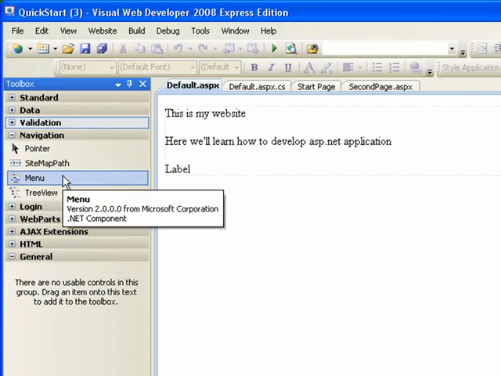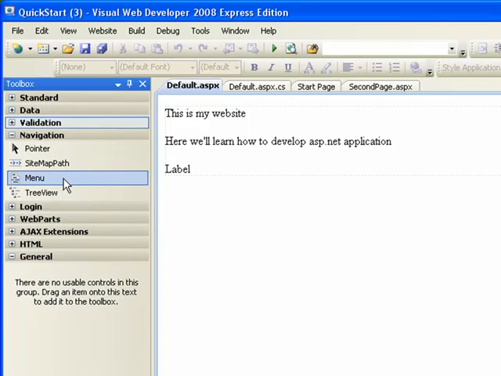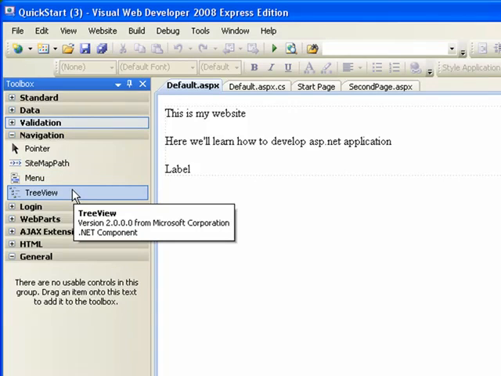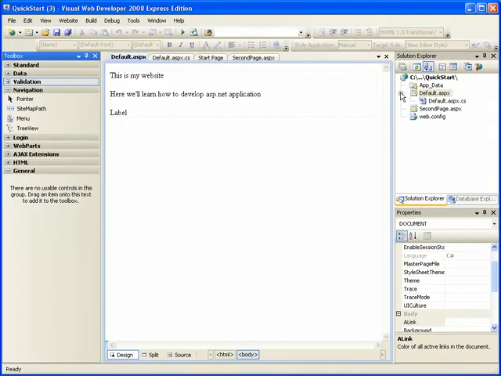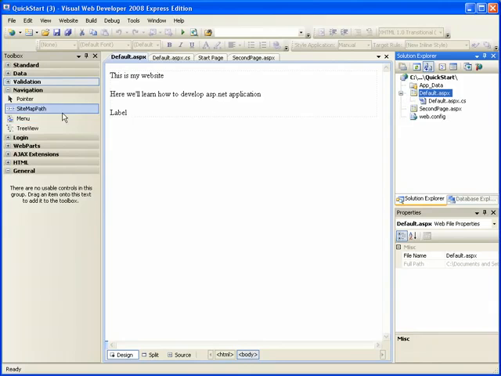The menu, well, that's what it is. It's very easy to create a menu. Everything will be taught in this video tutorial, video training. The tree view is very cool. Tree view is like this. Can you see that? That's like tree view. Anyway,